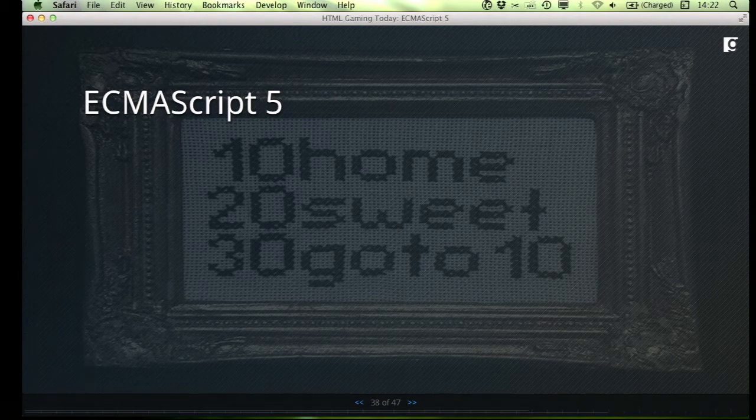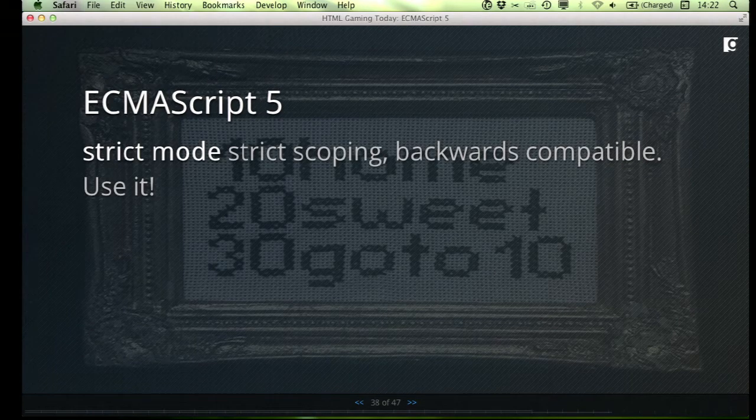JavaScript, of course, can be a little bit challenging to write big projects with. And ECMAScript 5 is really working to try and address some of those challenges. So for example, we have strict mode. And I'd recommend any JavaScript you write from this moment on should use strict mode. It basically locks down your scoping, doesn't have implicit global scoping. It's backwards compatible, so you don't need to worry about whether or not your code will execute on older machines. And it takes a lot of the easy bugs out of writing JavaScript.